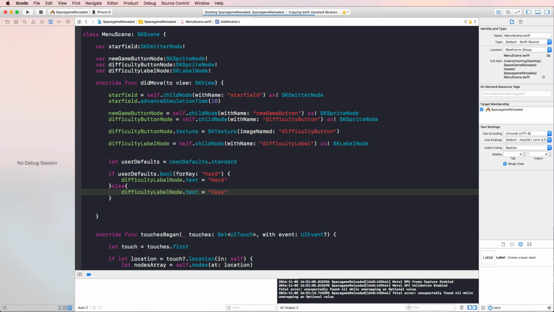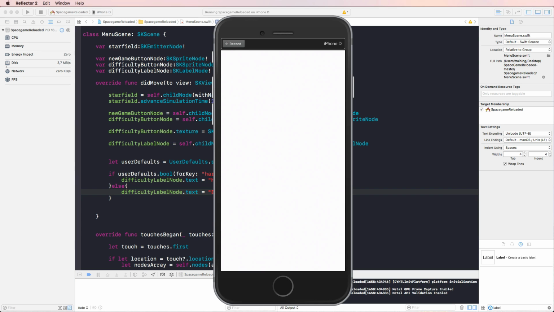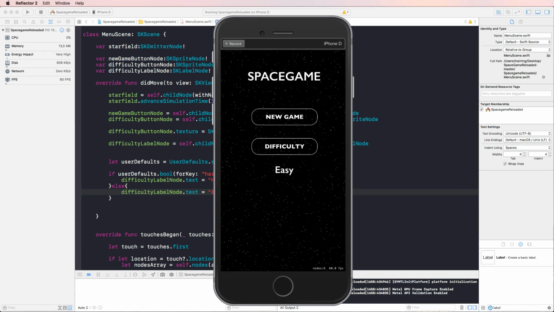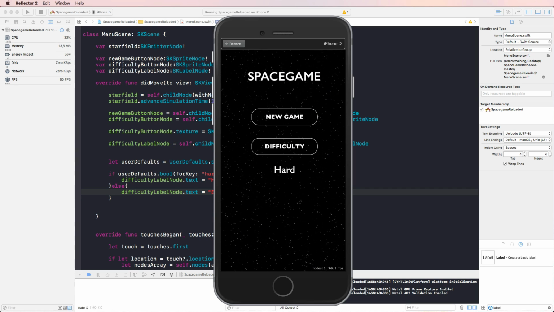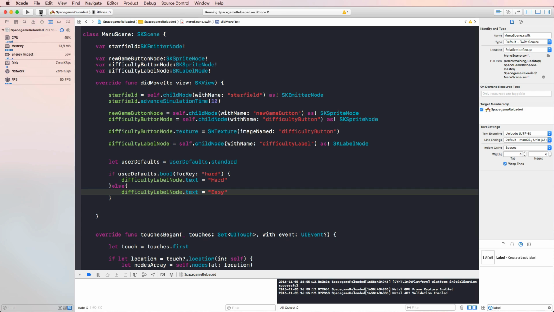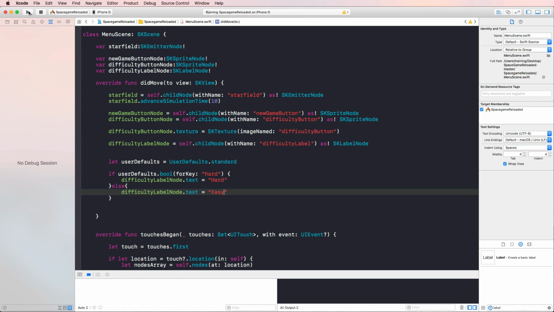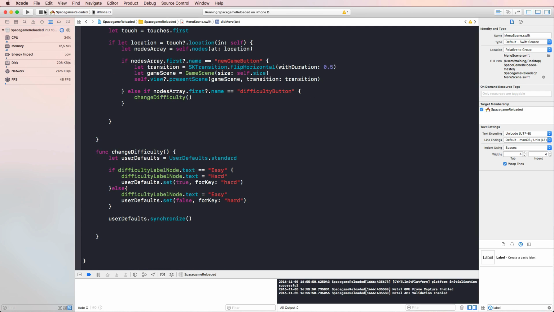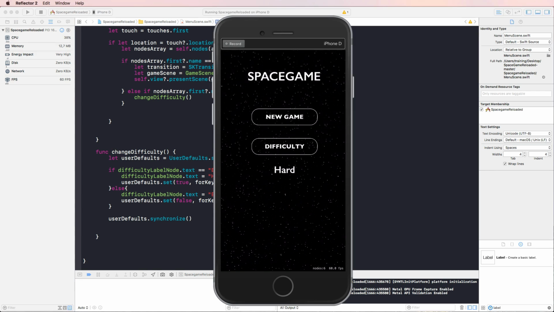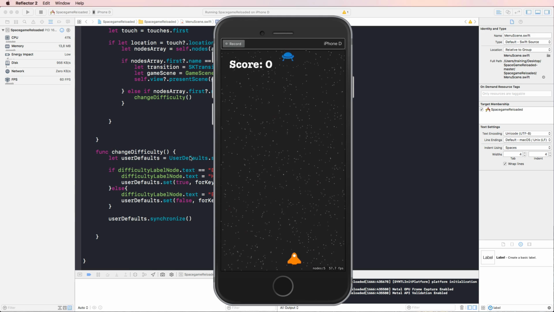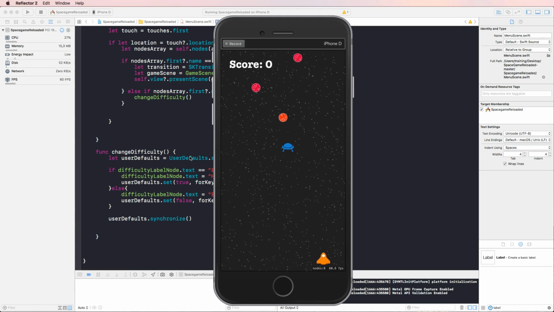And with that, we can again run our application, have a look at it in Reflector on my iPhone. And now if we press difficulty, we can switch between easy and hard, and now it's set to hard. And if we launch the application again, it should still display hard. So let's see what happens. And here we go. It's still hard. So with that, we can actually start a new game and now concentrate on the lives